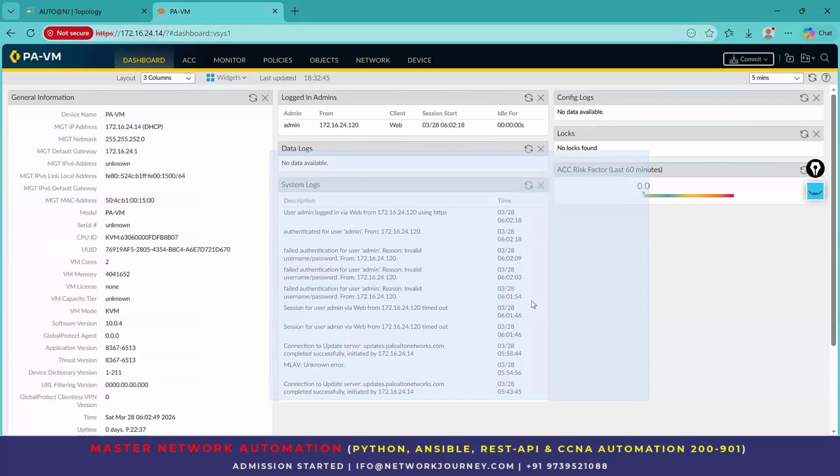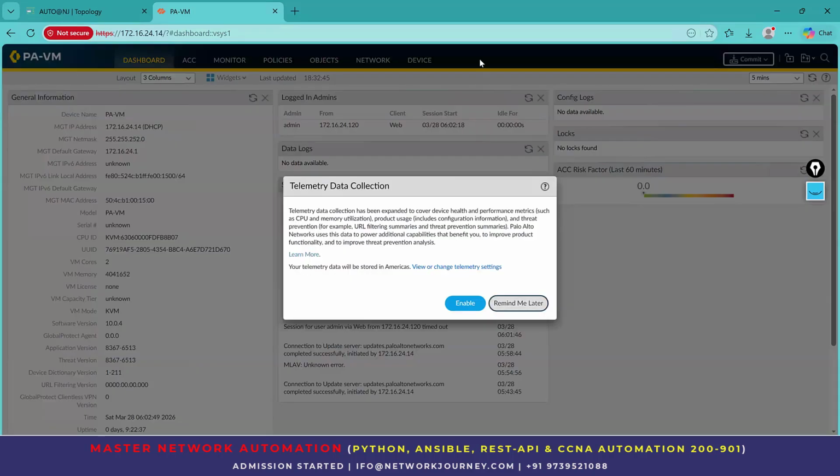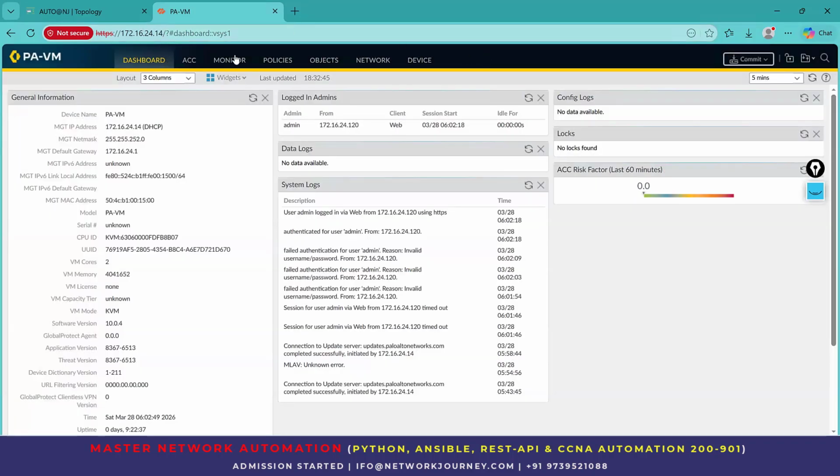Okay, so these are two things. Firewalls are different, ACIs are different. With firewalls, you can do almost all the things that it has the feature for, like policy, object, network creation, etc. Same with ACI, you can create tenant, BD, and the other things that are part of the ACI fabric. Okay,